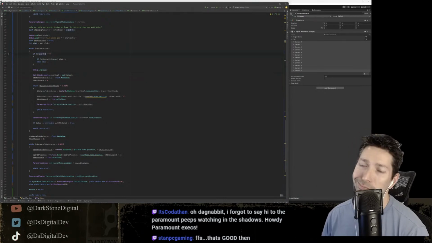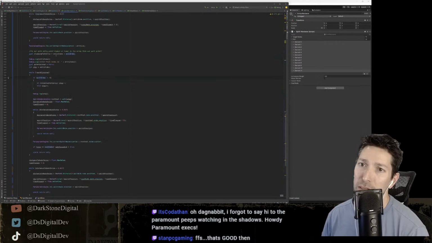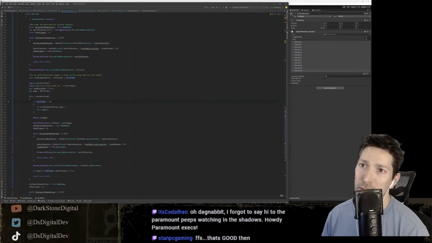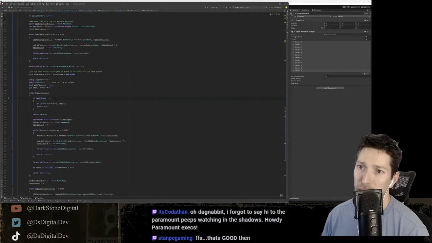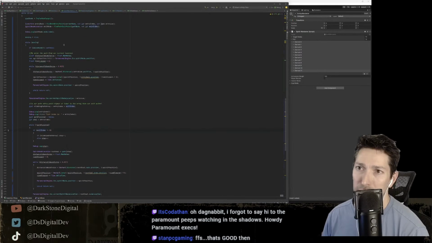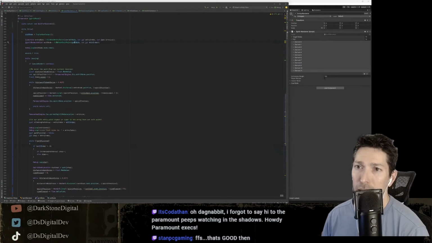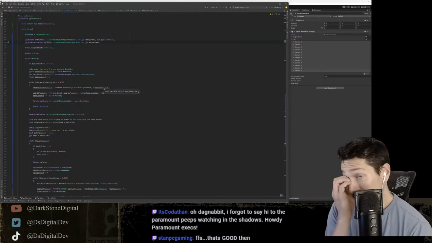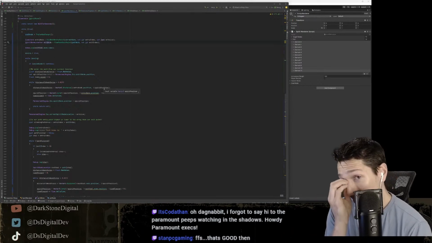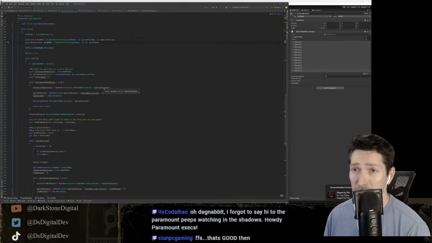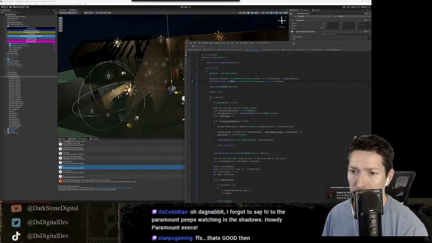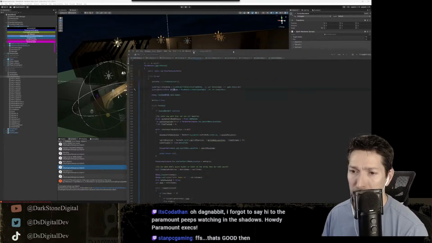So the exit point. Where'd we go? I'm melting. So the exit node is the correct node. It is correct. So we know path node 7.